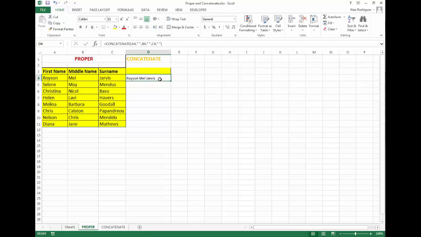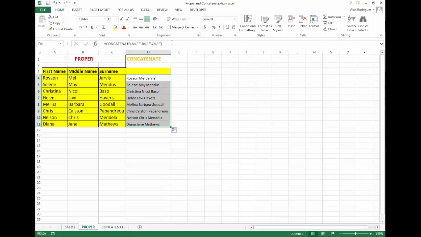So now we can simply double click. Here you can see the plus arrow, double click it and you get the answer for all the proper case names. So as you can see, all the names have been concatenated.